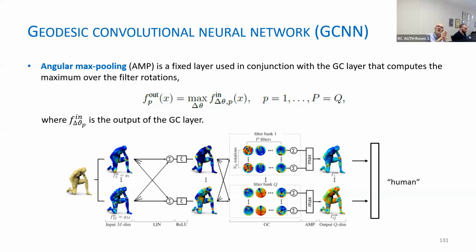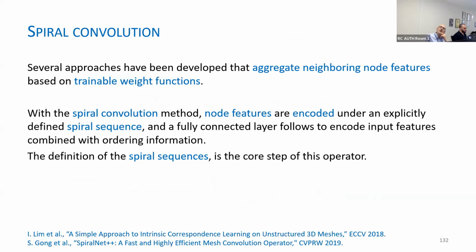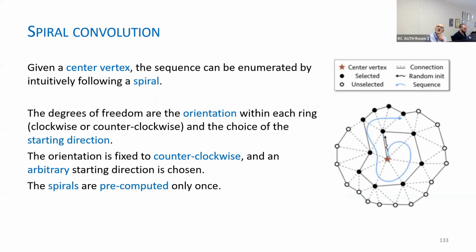We have a continuous domain, and we define these patches on a continuous domain. Here instead, we exploit the mesh structure, and the way this method exploits it in a successful way